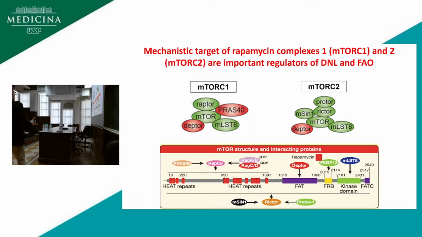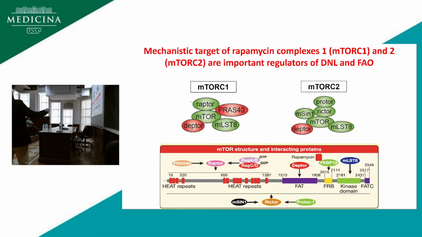Well, we do know from previous studies that mTORC1 and mTORC2 are very important components and regulators of lipid metabolism in the liver. mTORC1 is a protein complex that has as its catalytic center the kinase mTOR, and this complex also has a protein called raptor, which is very important for mTORC1 function. And we also have mTORC2, which shares mTOR as the catalytic center with mTORC1. And here we have rictor as a very essential protein for the activity of this complex.